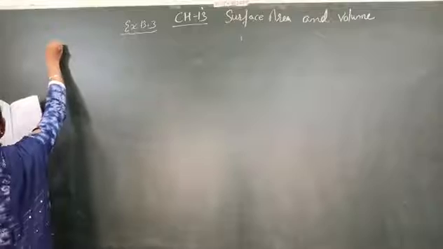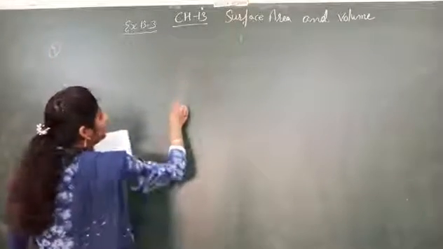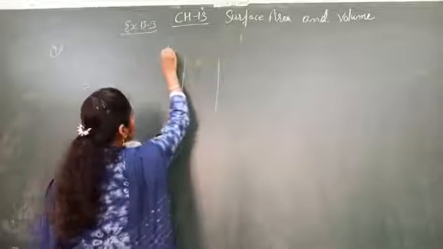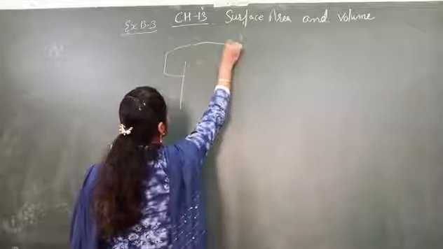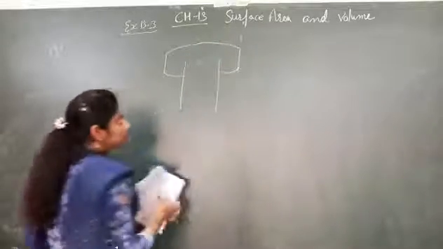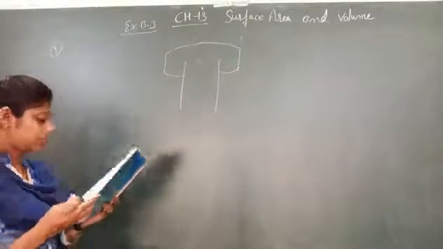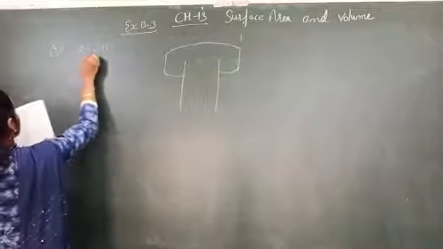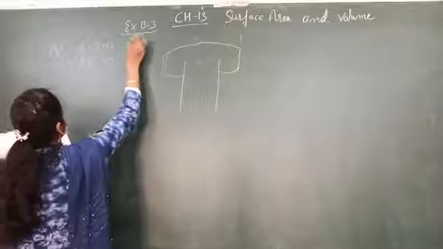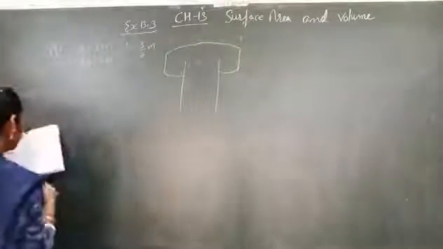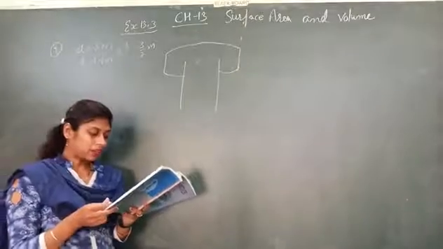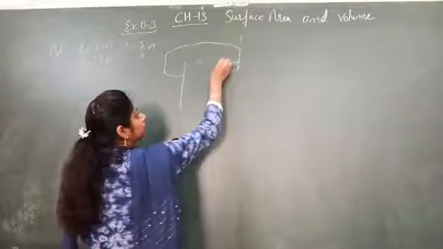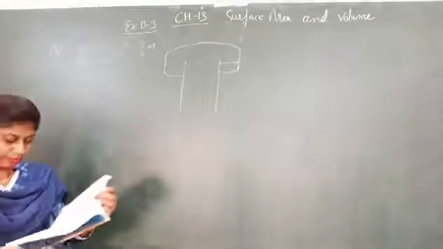See fourth question. There is a well and earth taken out from it forms a circular ring. What are the dimensions? Diameter of the well is 3 meter, height is 14 meter, radius will be 3/2. Earth taken out from it is spread all around it. Circular ring has width. This width is equals to 4 meter.